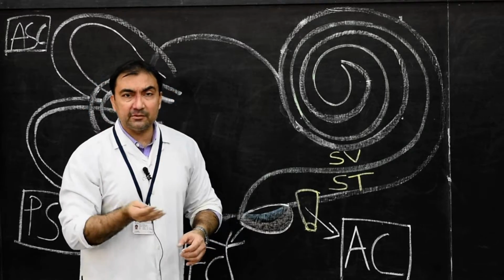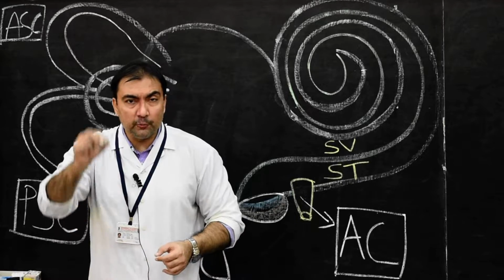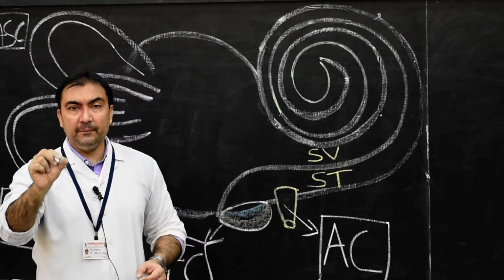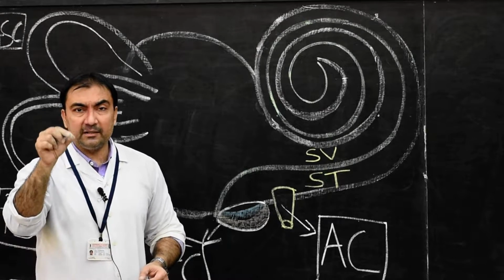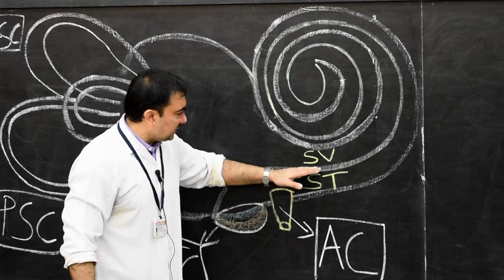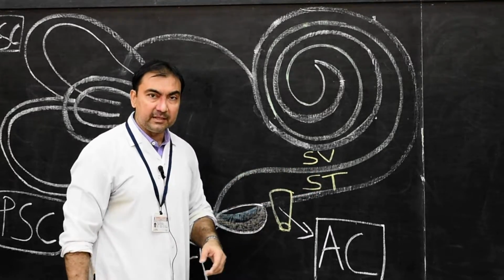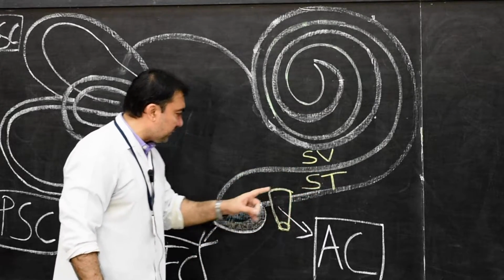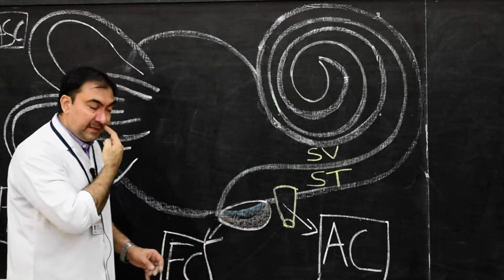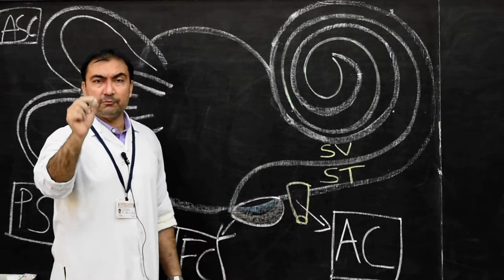And remember the base of the modiolus opens at the internal acoustic meatus, through which there are small minute foramina called tractus spiralis foraminosus, through which cochlear nerve filaments will pass. And then finally the osseous spiral lamina divides the cochlear canal into scala vestibuli and scala tympani. And finally, the scala tympani has two important communications. They are fenestra cochleae and aqueduct of cochlea. Both are equally asked as 1 mark questions and in MCQs.